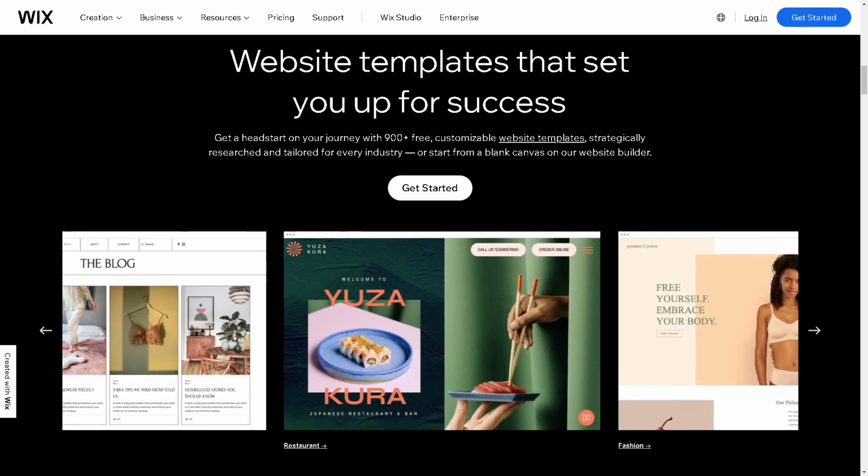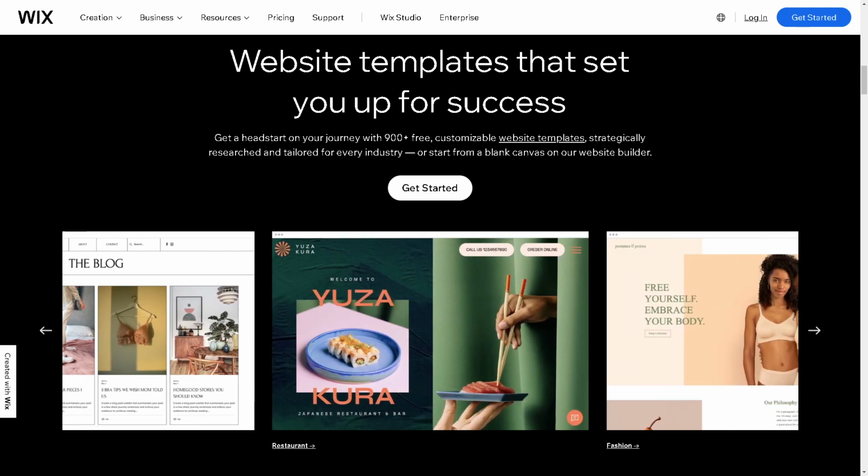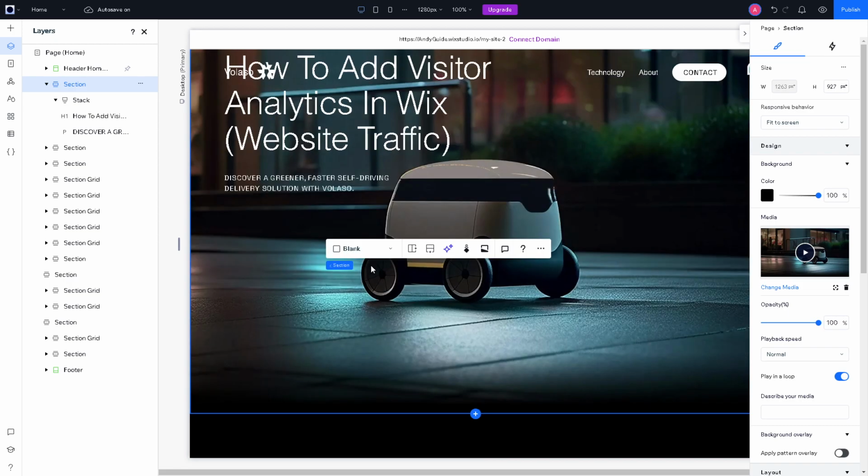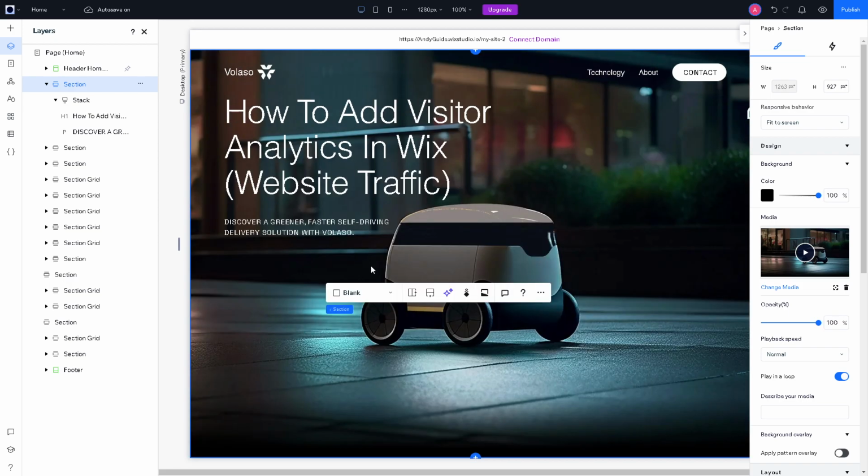Now, for us to be able to do that, we need to go to our main dashboard, right? Because what we need to do is to have an analytics tool that tracks key metrics such as number of visitors, page views, and sessions. Now, this information will give us a clear picture of your website's overall traffic and helps identify